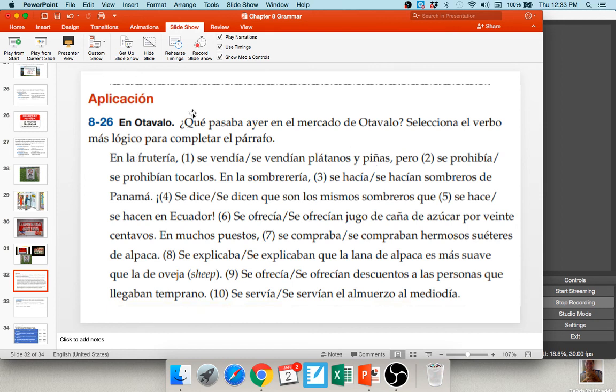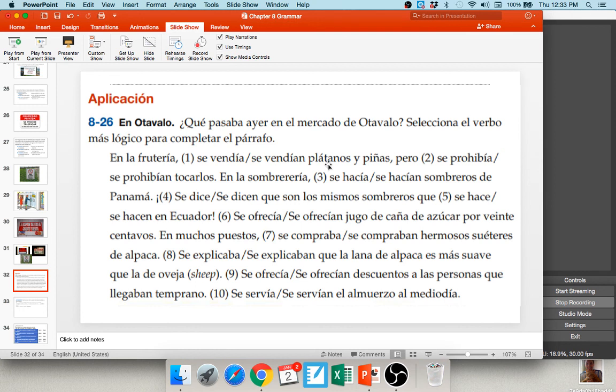So, in the fruit store, bananas and pineapples used to be sold. Se vendía or se vendían? How do you know? Hopefully you're telling me that plátanos and piñas, bananas and pineapples, are more than one thing. They're plural, so we're going to use vendían here instead of vendía. So at the fruit store,